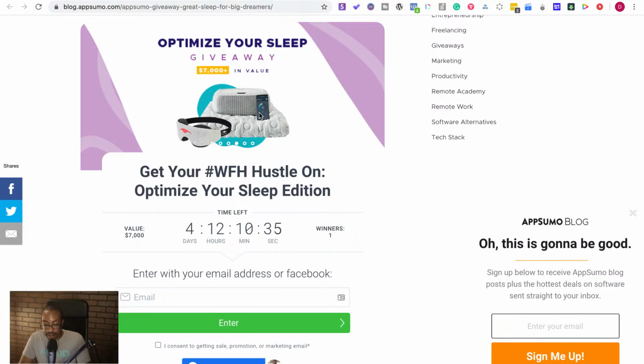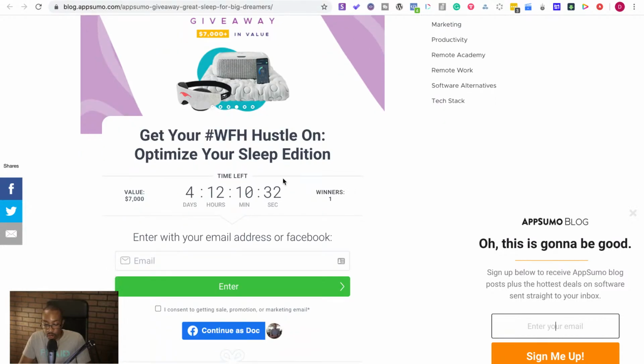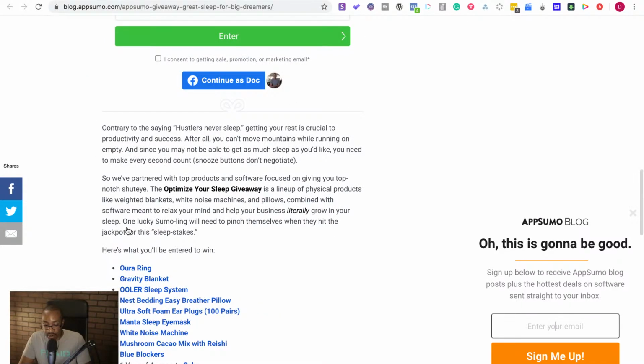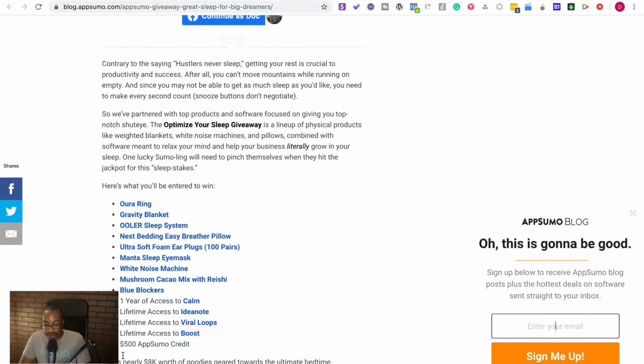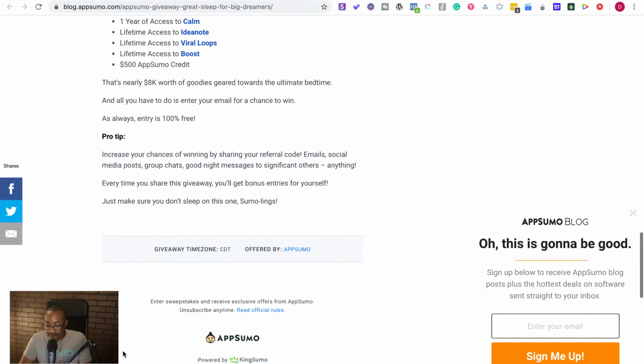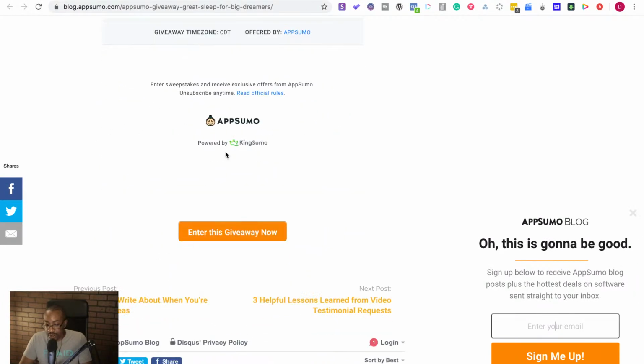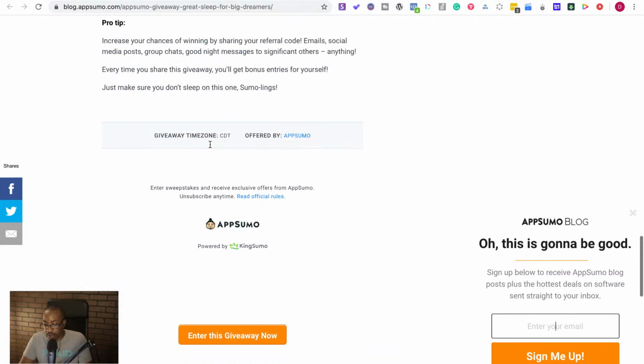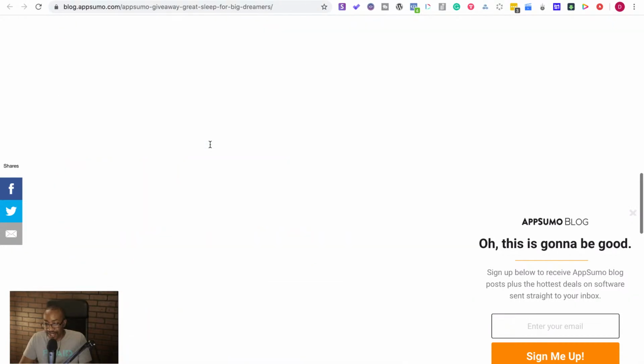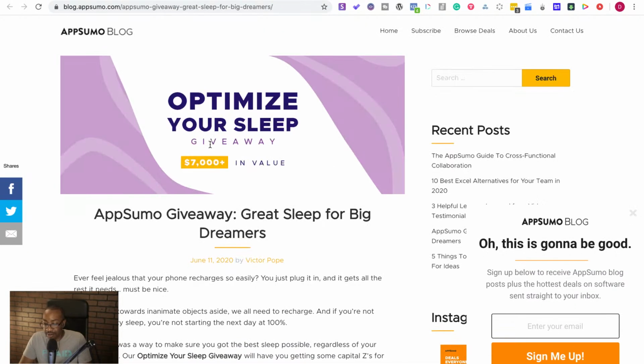And then right here, it's telling me the value, one winner. It's telling me how many days left, how I need to enter. Good to go. It's giving me all of the things that I'm going to be getting. Now, this is still, there it is, powered by KingSumo. This is still a really good blog post because it's sitting in with the rest of the information. It's not gimmicky, because if you look at all this other information that's surrounding it,